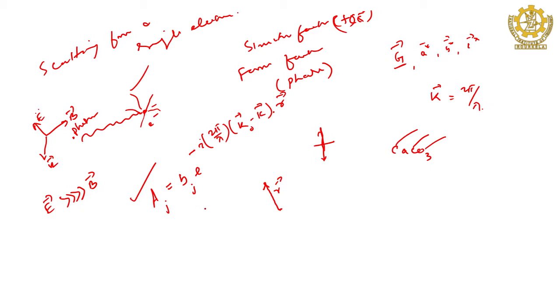A plane wave is coming, goes here, another is going here. Photons are going in that direction, interacting with the electrons which are at a relative distance of r vector. Then it will scatter and this will also scatter. So this is the direction, this is the direction. Obviously, this angle is the scattering angle 2 theta.